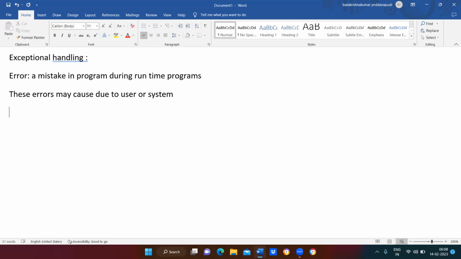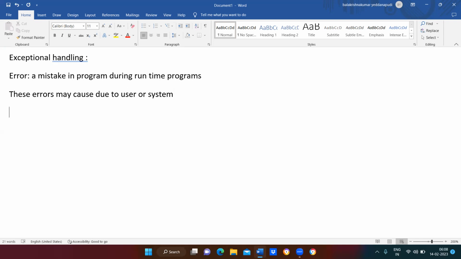Actually, if the user makes that error, that is called a runtime error, madam. If it is caused by the system, or predefined functions missing, class not found, those are called system